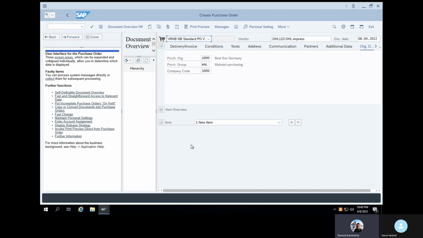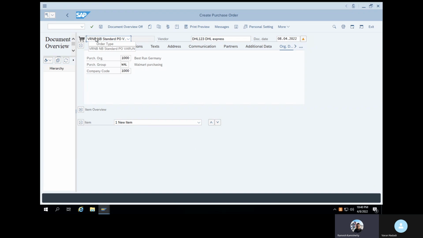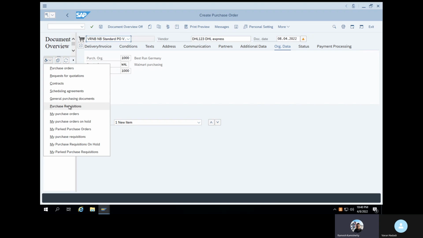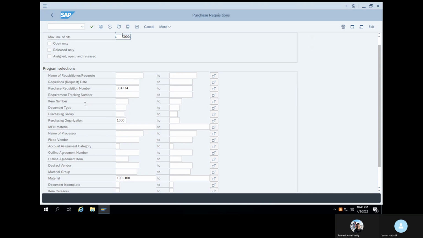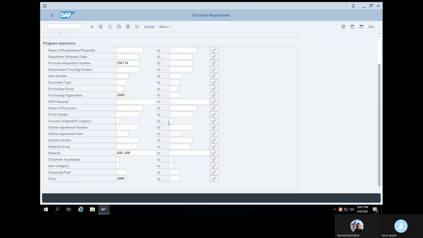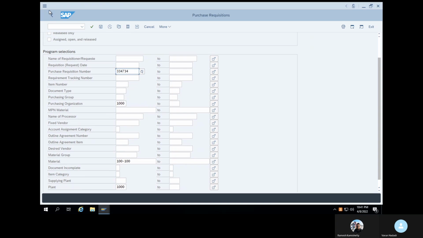Close this one, the left side box. Below the save icon, the close icon is there, no? Close that one. Now click the tree symbol again and click on purchase requisitions. Scroll down. Copy this number 334734, our PR number. This was the one which we created, right?